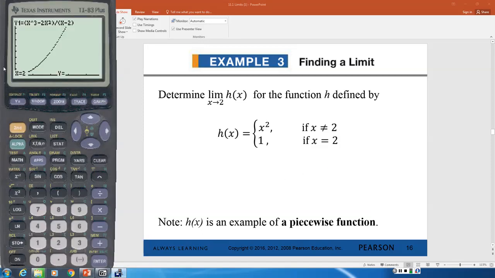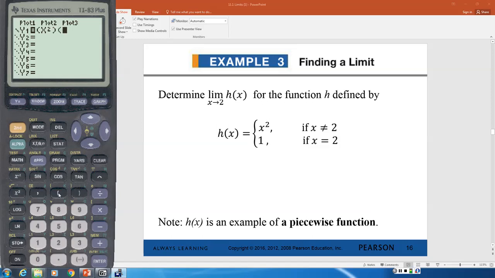And I included this one because I want to show you how to enter a piecewise function into your graphing calculator. So we're going to clear out what's there. And this is how you enter a piecewise function, which you're going to need to do occasionally in here. So this is going to be recorded and kept for you. The way that you enter a piecewise function, where you've got 2 different rules, depending on what part of the domain you're in, is you put in the first rule, which is x squared,